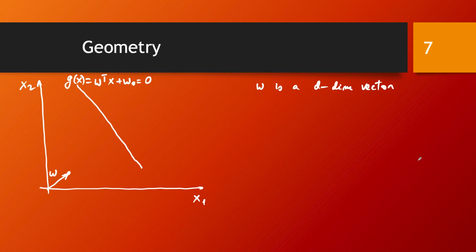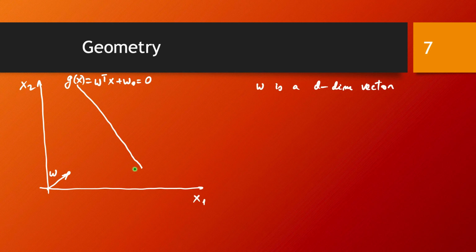Now, there is an advantage when you interpret it like this, and that is that this hyperplane we've defined through the discriminator, just because it's of this form w transposed x plus w0, all of a sudden it becomes clear that it's an orthogonal hyperplane to w, or if you want in the other way, w is orthogonal to this hyperplane.